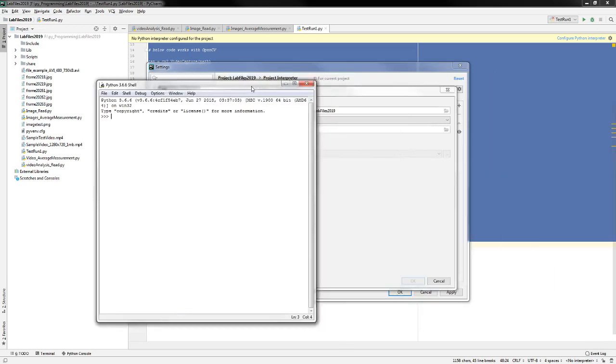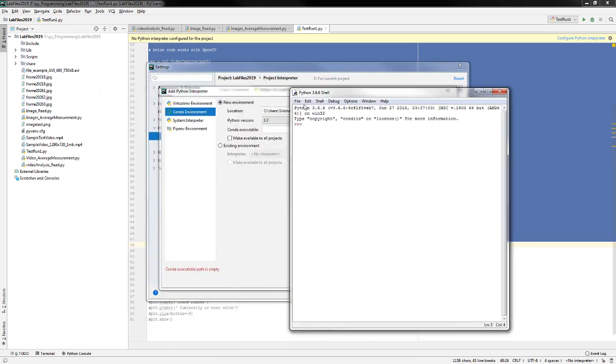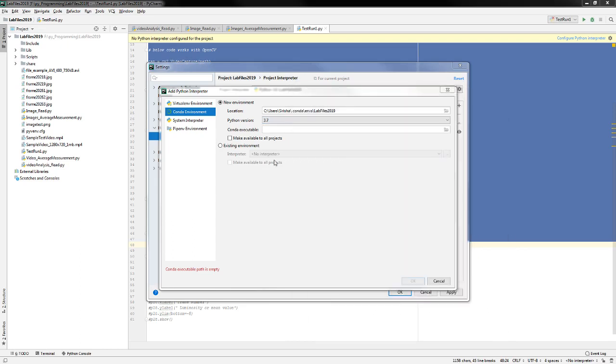Or when you open the shell, you can see the version is 3.6.6. That's one of the easiest ways you can do it. And 3.6, I can make this